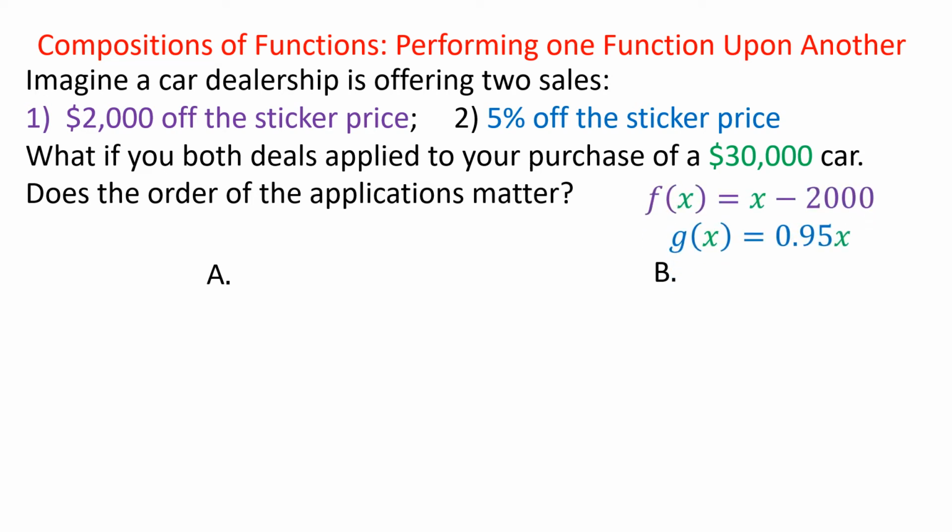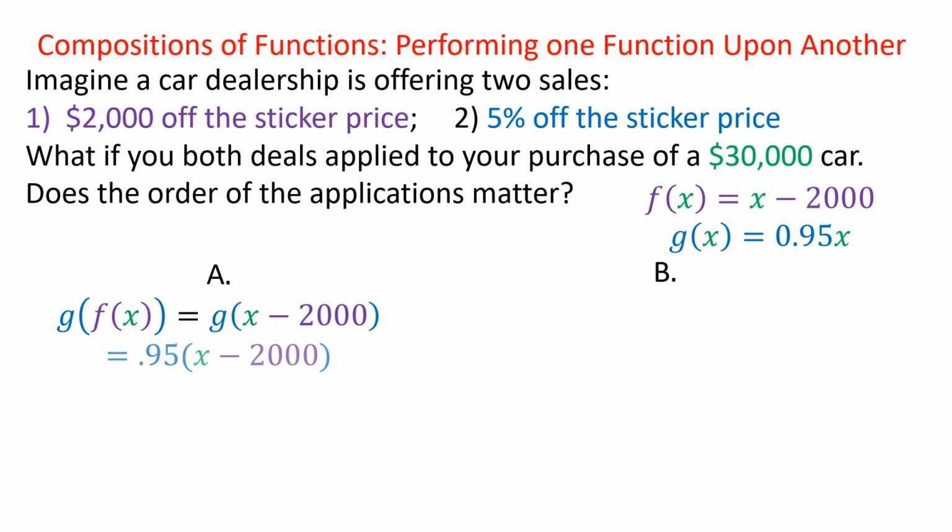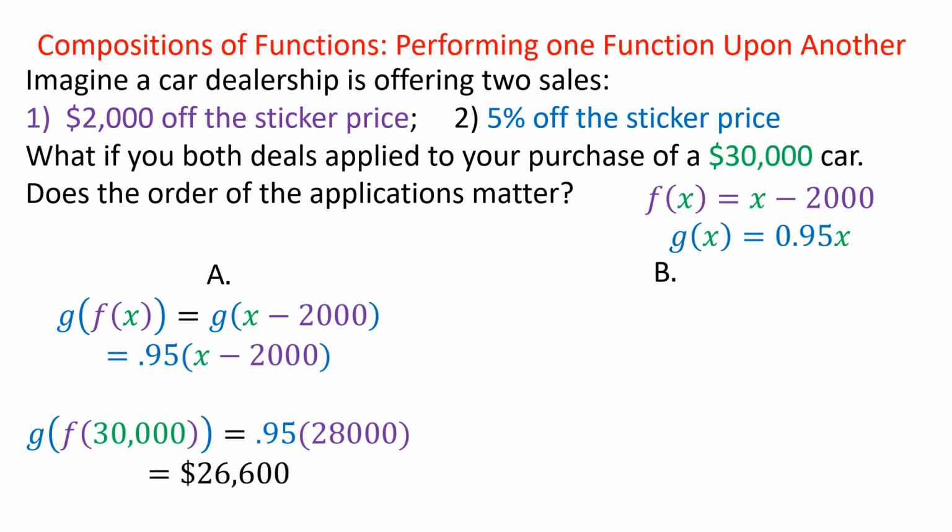If f of x represents getting $2,000 off, and if g of x represents getting a 5% discount, meaning you're only going to pay 95% of that $30,000, how does it work if we first take off $2,000 and then take 5% off of that? Well, we can set up our function as taking off the 2,000 and then 95% of that. So when we plug in the $30,000, 30,000 minus 2,000 gets us to 28,000, and 95% of that gets us to paying